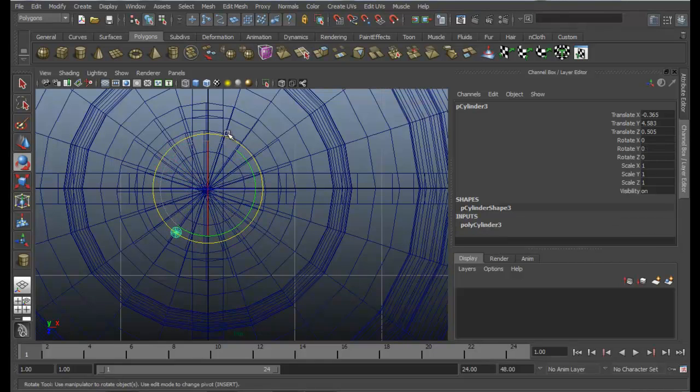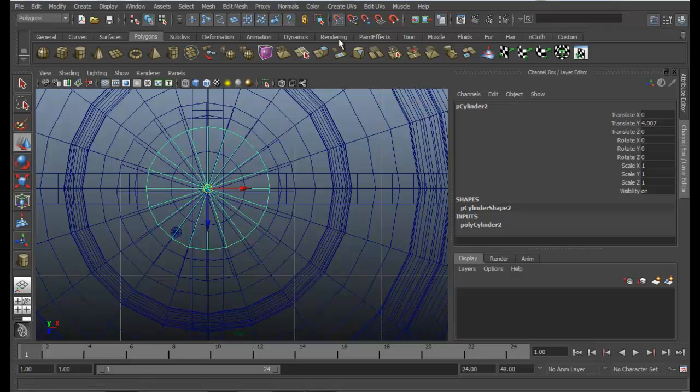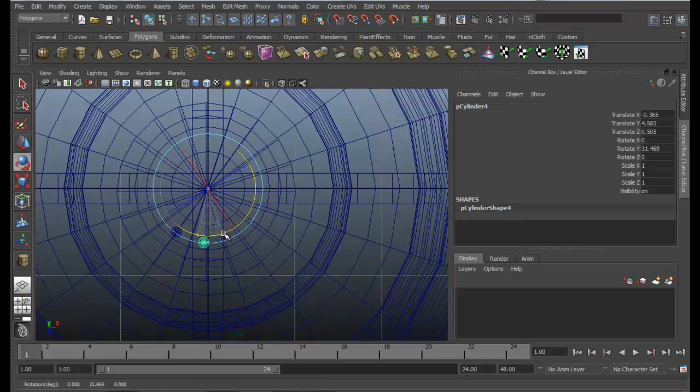But before that, I think my cylinder is not positioned properly, so snap to grids and just move it. Now select the cylinder, press E to rotate, Control D to duplicate, and rotate. In this way you can make any number of copies.